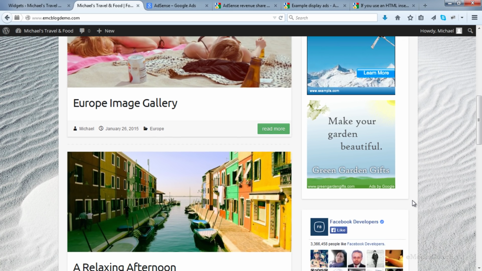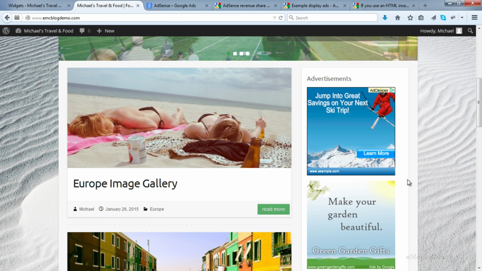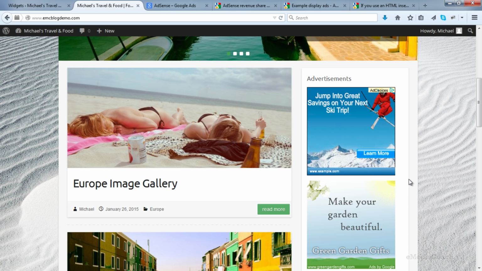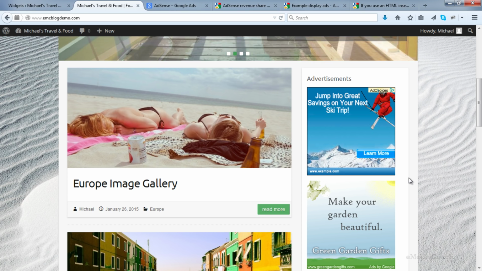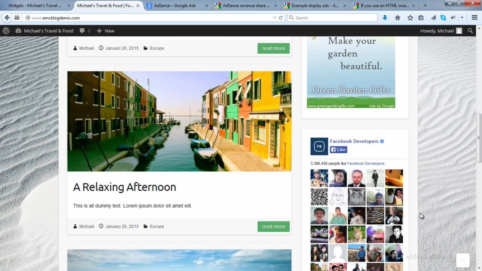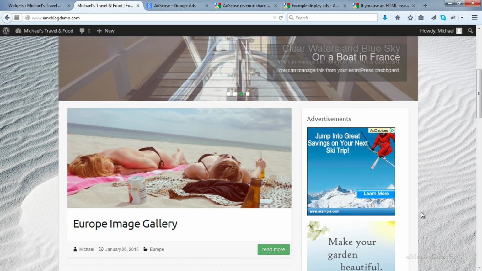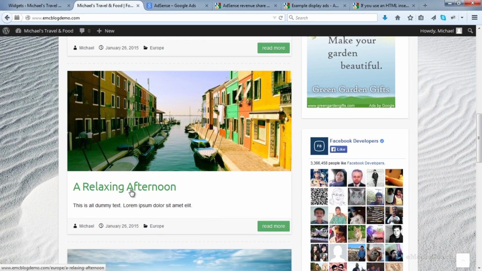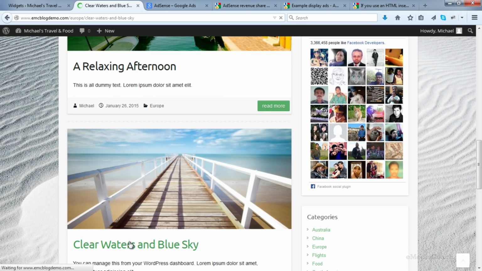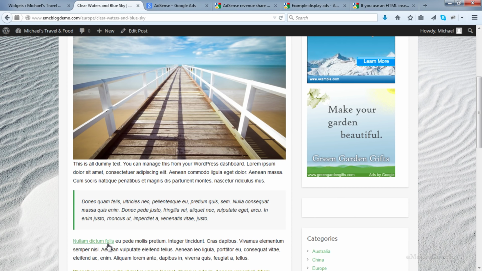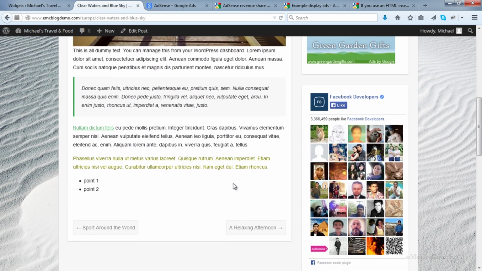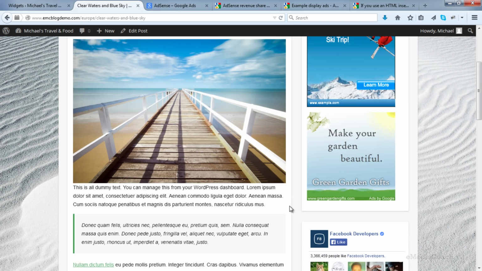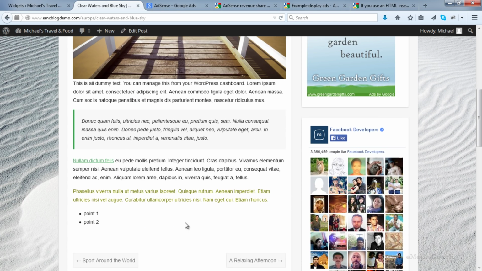If I wanted to, I could split these ads up. Sometimes I don't like to place ads just in one location, so I would probably put one image banner here and one down the bottom. But it's completely up to you how you want to organize your ads. You can even place them within your posts, because when somebody clicks through on a post in your blog, they'll be going through your post and then maybe they'll click on an ad in the sidebar, or maybe they'll be reading and click an ad within your post. So you can place ads anywhere you want, whether they be text ads or image ads.